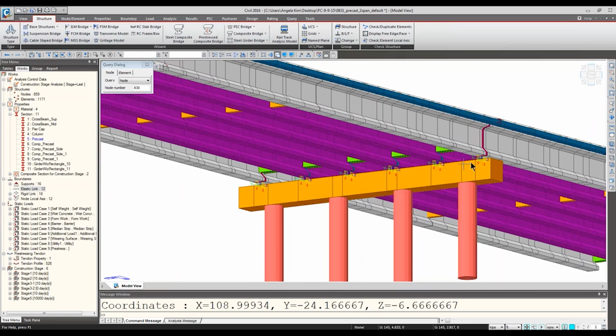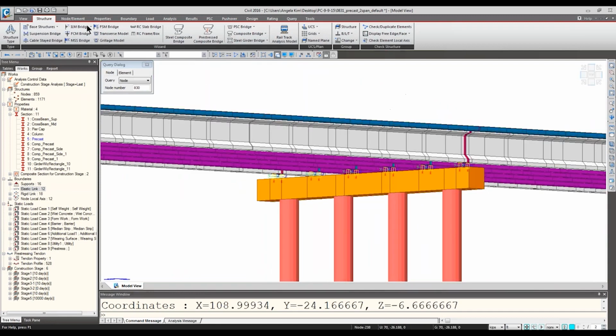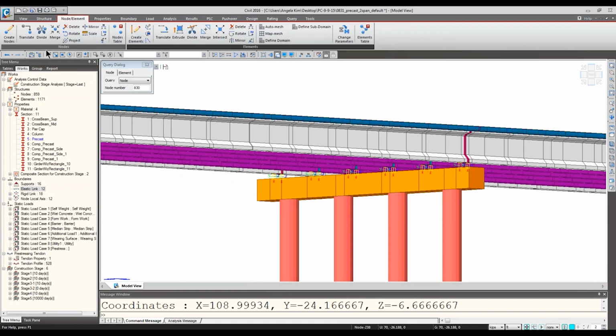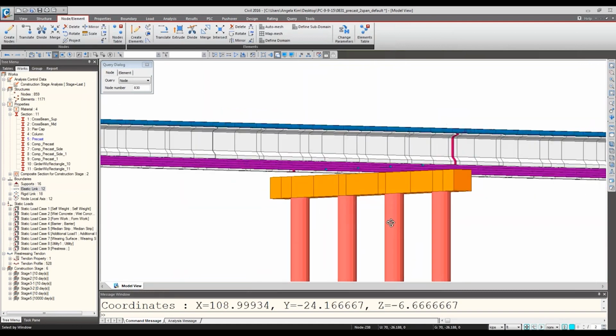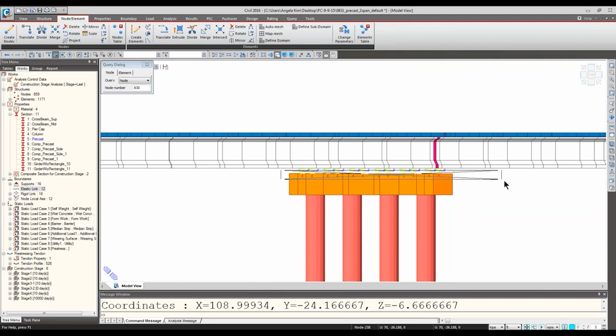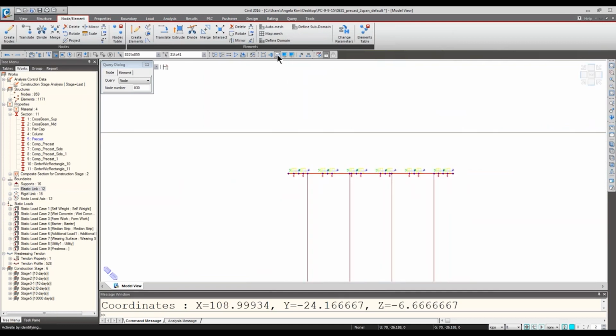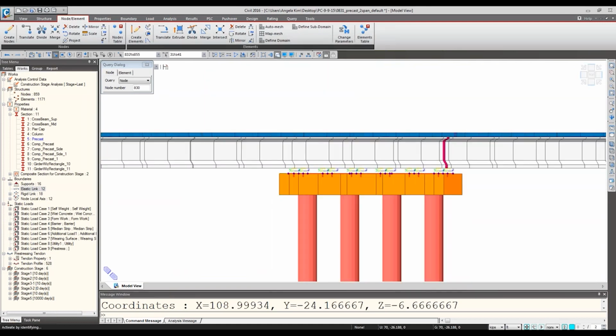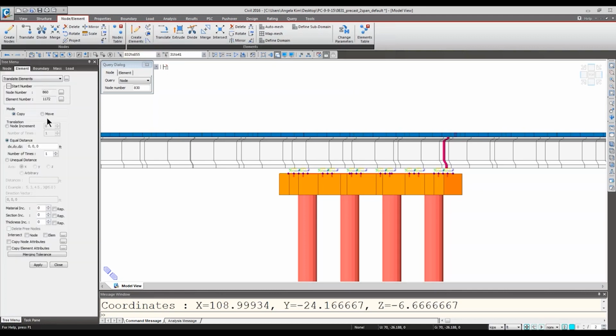And if you need to raise your pier cap, you have two options. You can simply go to the node and element and move up your pier cap section, these elements. So select the elements that are for the pier cap, right? And then you can translate, meaning copy or move, them by a certain distance.